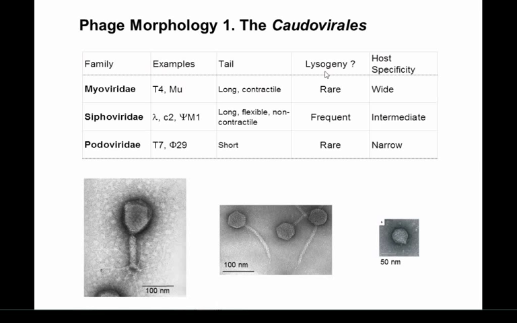So Caudal, that's for tail. This is an order, Caudovirales, and there are 3 families of viruses, the Myoviridae, Siphoviridae, and